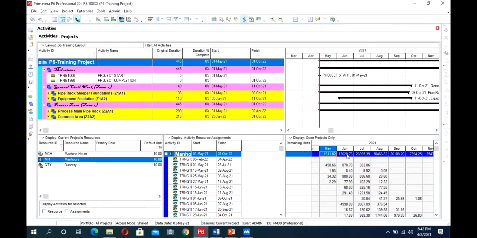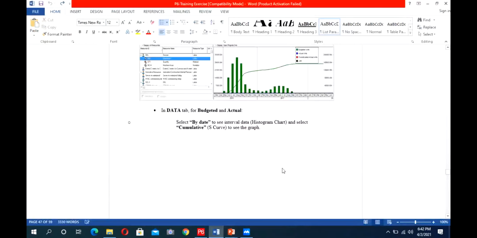You see, in every month we have the cumulative weightage for our resource loading. For example, it is showing that in May I have 1911 units. In June, I have this many units. So these are our plan units. We can level them up or down. As per your question about over allocation, I just told you how we calculate these resources. Yesterday, we also discussed this question.